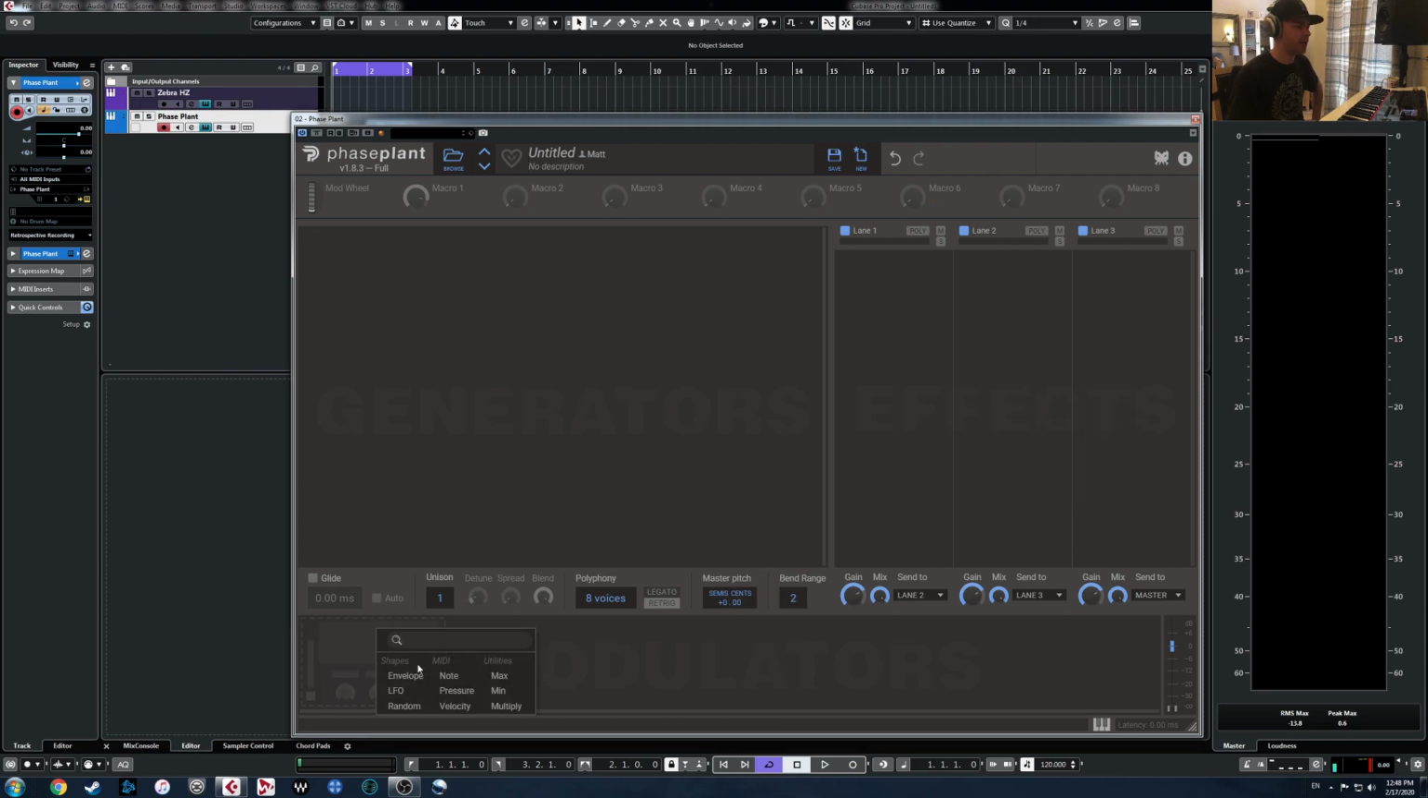Down below is the modulation section. Pretty standard fare here as far as the modulator goes. You've got envelopes, LFOs, random modulators. This is like a key tracking, the note modulation. Pressure is aftertouch modulation, and then velocity modulation. These ones here I haven't really used too much. The multiplier kind of multiplies two different modulation sources, and the output of that is what will be used as a modulation. I probably won't really be using these in this demonstration because I haven't fully got my head around